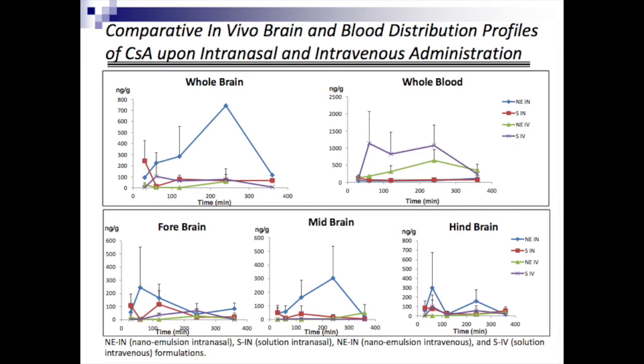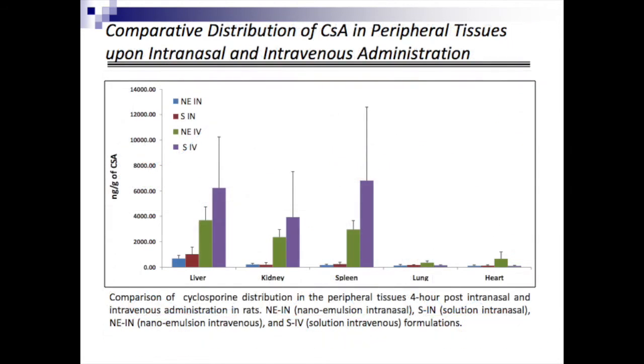treatment of neuroinflammation. As you know, cyclosporine is a drug currently used for prevention of organ rejection, but it's also a very important drug as an anti-inflammatory molecule, and subsequently there's a lot of interest in using cyclosporine as an anti-inflammatory. But the problem is that it is very toxic, especially to the liver and kidneys, when it's administered in the systemic circulation. So what you see in this slide is that when we give it intranasally, we actually avoid